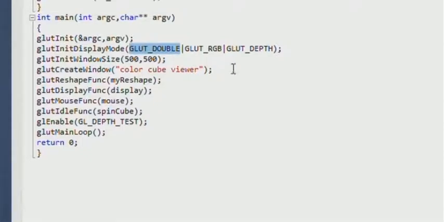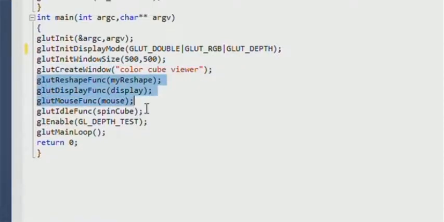This is a bitwise OR. Here GLUT_RGB indicates the color mode, that is red, green, blue, and glutInitWindowSize sets the initial window position and size. glutCreateWindow creates the window with the name, color cube view, or any name that you like to give.